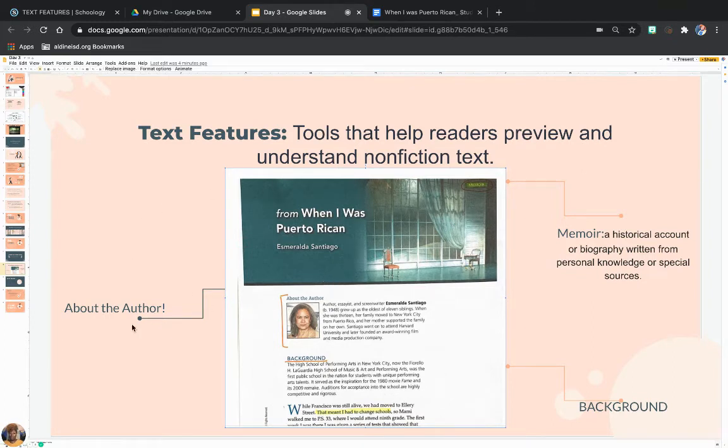The second thing that I noticed right off the bat was about the author. Now, it's important to just preview. It just gives you a little sneak peek into the author's life, which is important because it's a story about her life. So about the author tells us that Esmeralda Santiago is an author, an essayist, and she's also a screenwriter.